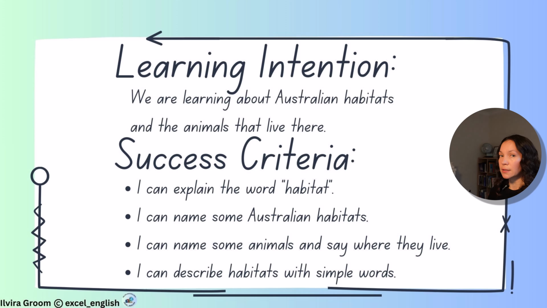At the end of the lesson, I would remind my students about the learning intention and success criteria. So we will go back to that slide and I will go through each success criterion and ask them a question. Did we learn what the word habitat is? Yes, we did. Tell me what the word habitat means, and they will tell me answers. So very quickly go through each success criterion to check to make sure that we really did a good